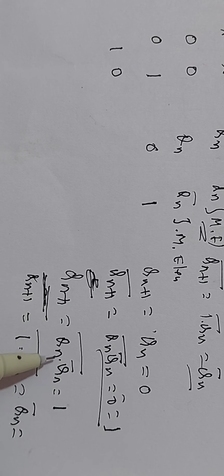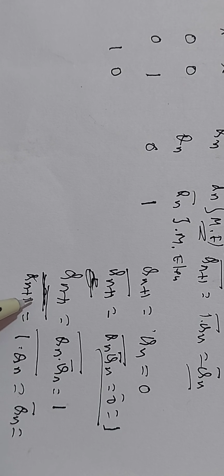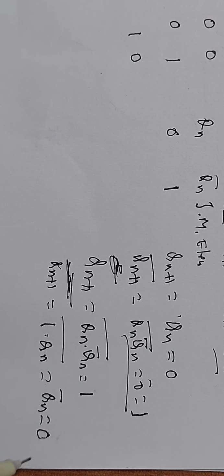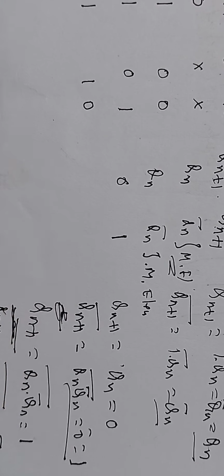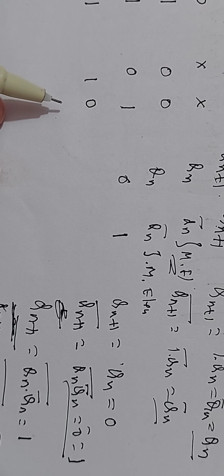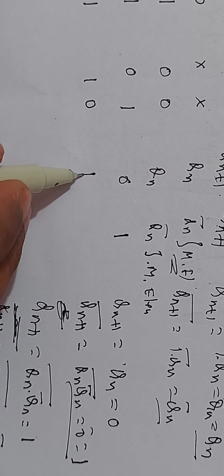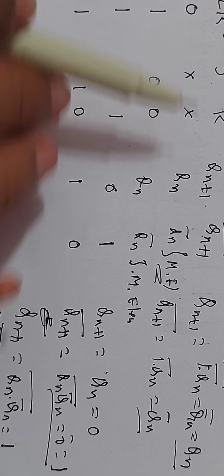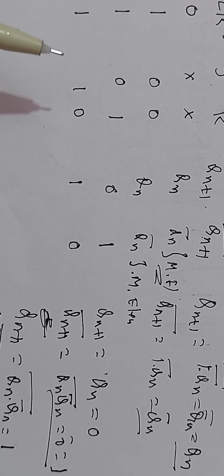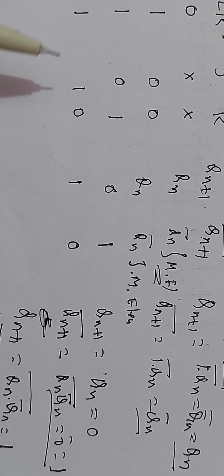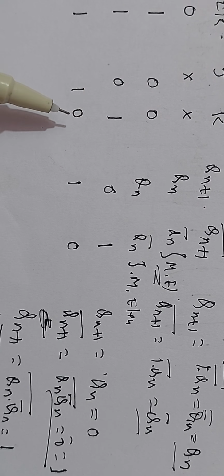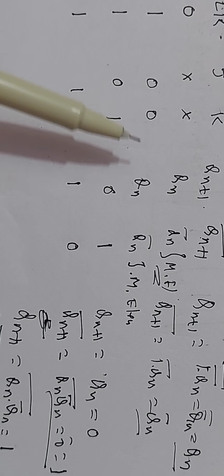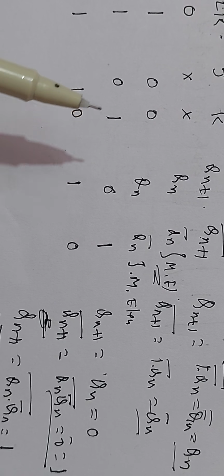You know that if Qn plus 1 is 1, Qn plus 1 bar should be opposite to this, therefore it is 0. Therefore when clock pulse is 1, J equals 1, K equals 0, Qn plus 1 is 1 and Qn plus 1 bar is 0. See these three. This is the truth table similar to that of clocked SR flip-flop. Therefore, these three conditions, that is 0, 0, 0, 1, 1, 0, of JK flip-flop are not used in JK flip-flop, because for these three conditions we use clocked SR flip-flop.